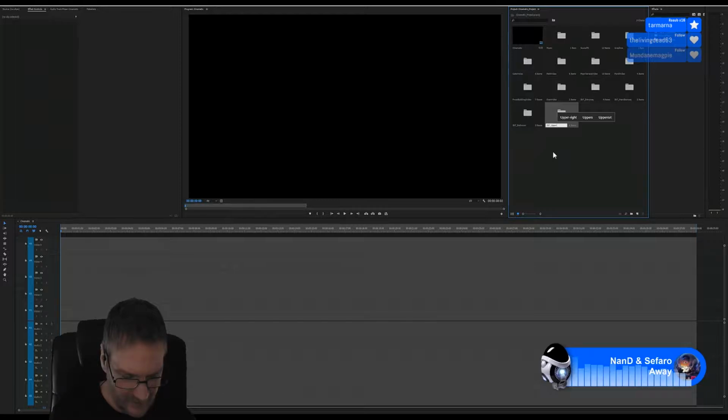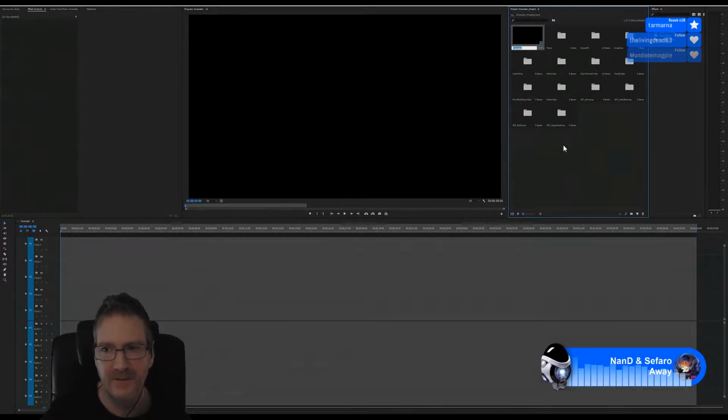We're going to call it upper hallway because there is only one upper hallway and that's at the front, so I don't need to call it front.